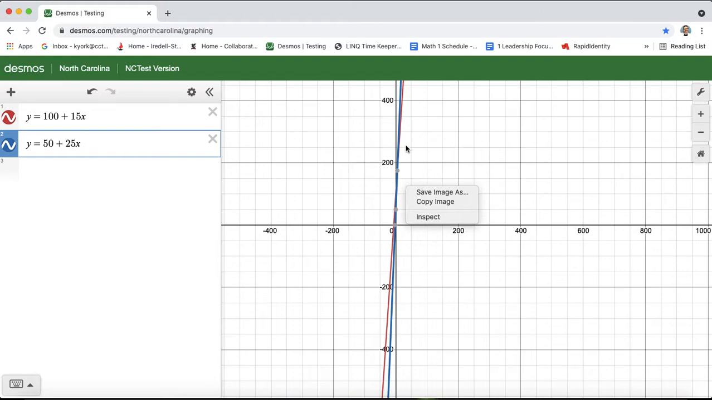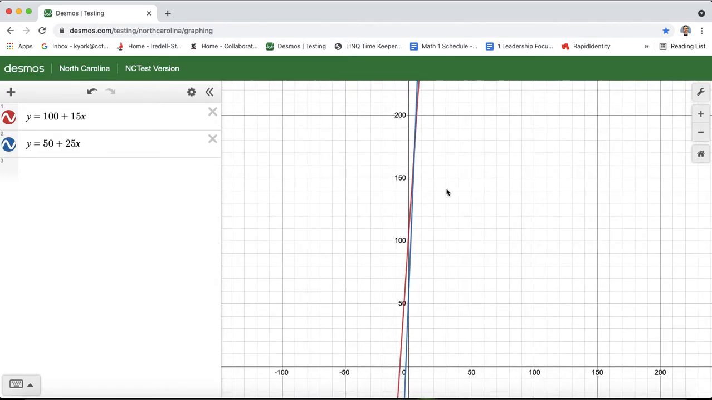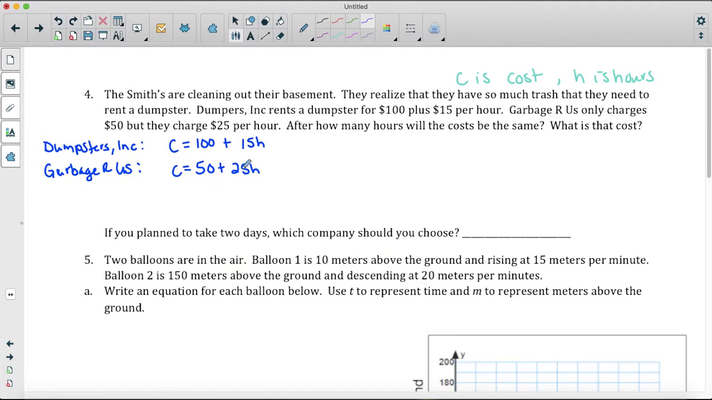I see that they are intersecting because the blue is now above the red, so I need to find where they actually intersect. I'm going to zoom in a little bit, and I find the coordinate at which they intersect at 5, 175. Since I used x, but we had h as our x value, our coordinate was 5, 175. What that means is that at 5 hours,